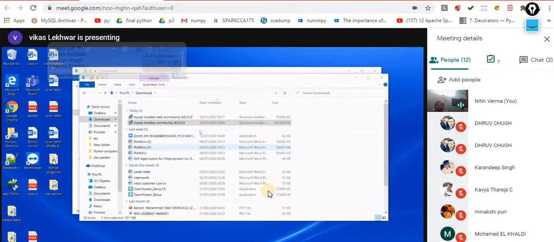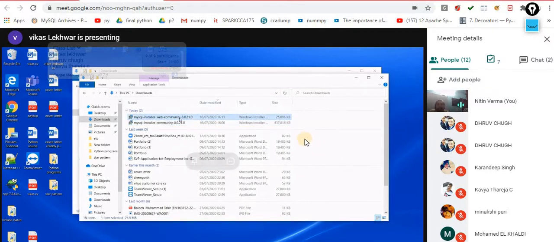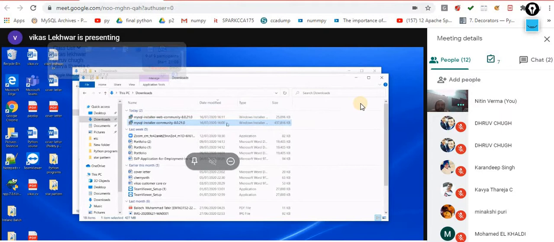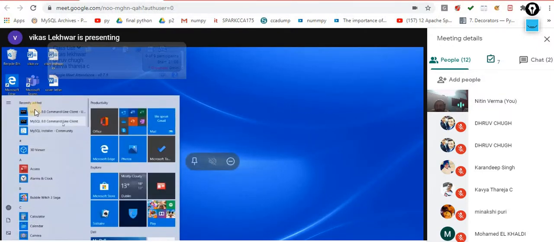Okay, so your MySQL is successfully installed. Kindly close this window. No need to delete, just keep it as a dump, don't worry. Just close this window. Okay, now click on the Windows key, and then this one, MySQL Command Line Client.